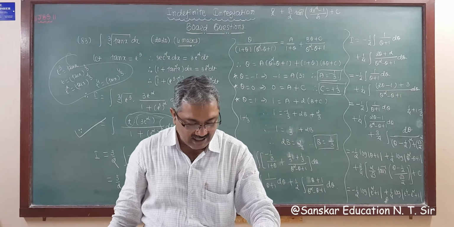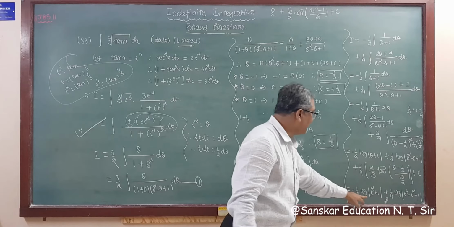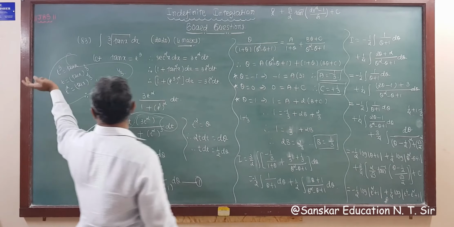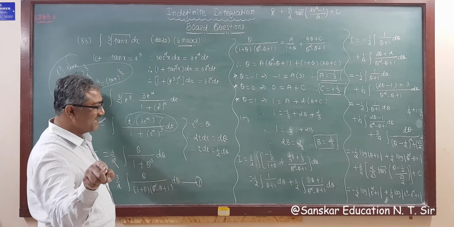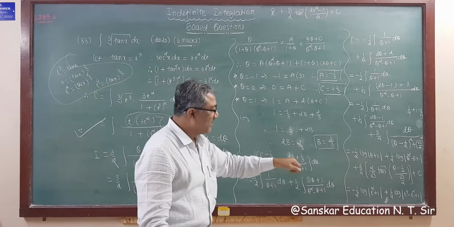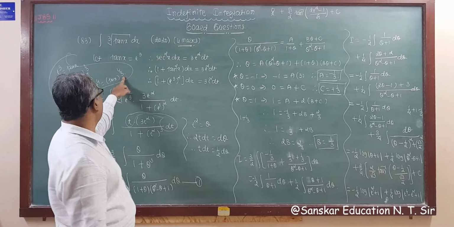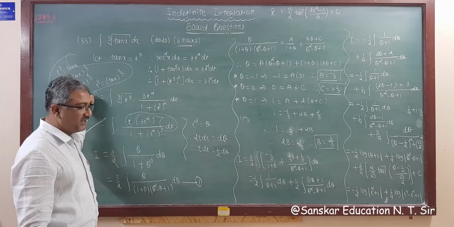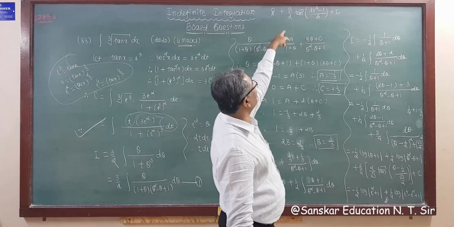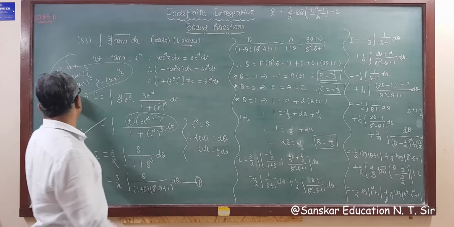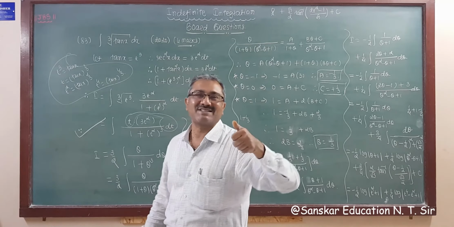So you will get your answer very easily. What is your answer? Minus half log of t square, where t square is tan x raised to 2 by 3, plus 1, plus 1 upon 4 log of t raised to 4, which is tan x raised to 4 by 3, minus t square, which is tan x raised to 2 by 3, plus 1, and the remaining step is plus 3 by 2 tan inverse of 2 tan x raised to 2 by 3 minus 1 upon root 3, plus c.